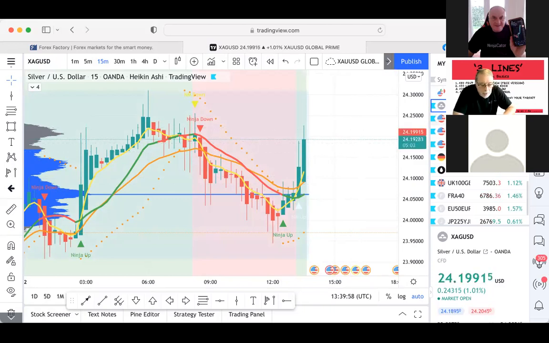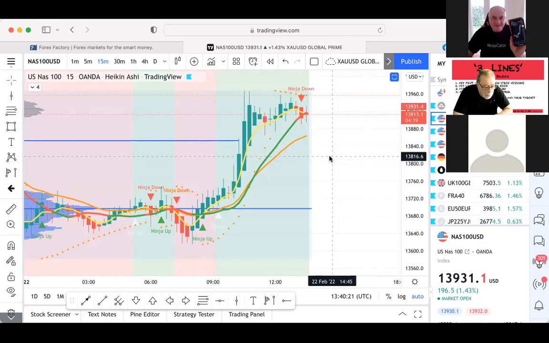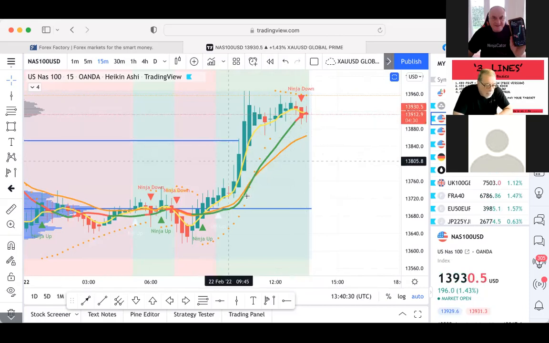Now, think first of all about these three pairs: NAS, SPX, and US 30. These are all American indices. So we'll look at the NAS 100, and you'll see that this is actually working in the opposite direction to gold. NAS is turning down. It's looking like it's going to go for a sell. We've still got